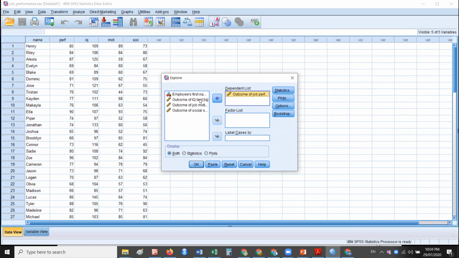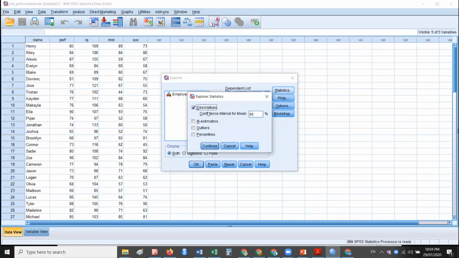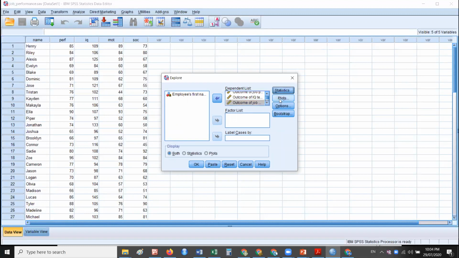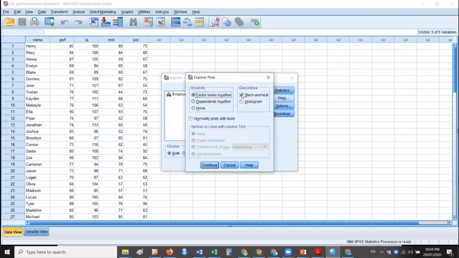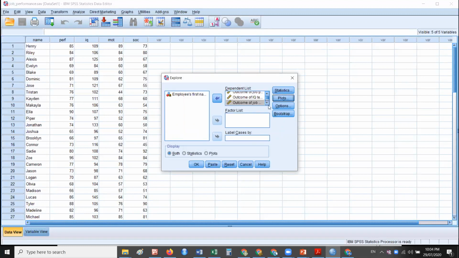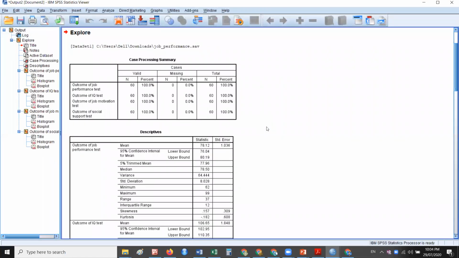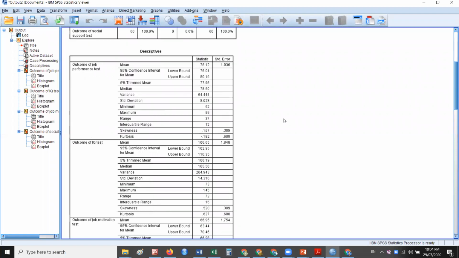Select all of these variables in the dependent list; we do not have any factor variable to attach to this analysis. In statistics, we check the descriptive measures. In the plots section, stem and leaf is there, but I am constructing the histogram instead. Then press OK. These are the results.